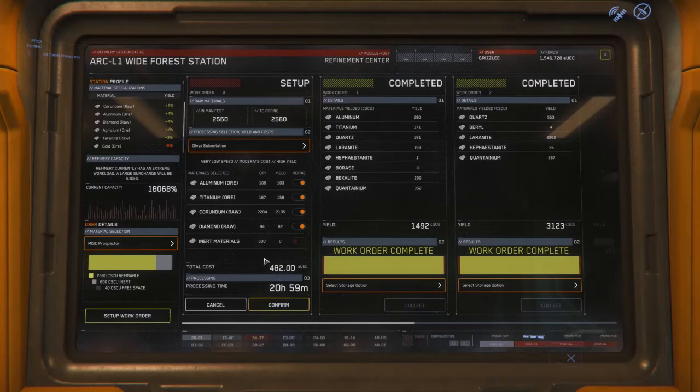It's not going to cost me, see, this only costs me 482, not that 2,800. But it's going to take 21 hours before I have it available. But because I mine all the time, this doesn't bother me. It just means it's going to be available down the line. So I hit confirm,